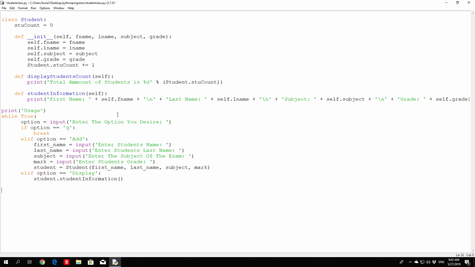So all we have to do is add right here else if option equals to students count. We can simply just use this student, or pardon me, the actual student, and then call the count variable from the class itself. As we can see right here, we used it so we can call it outside of the class as well. So we will just print right here total amount of students is